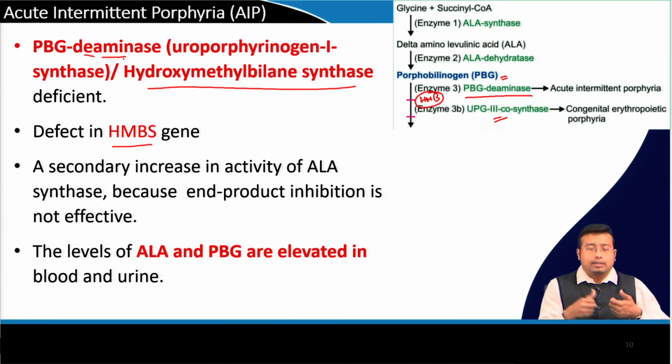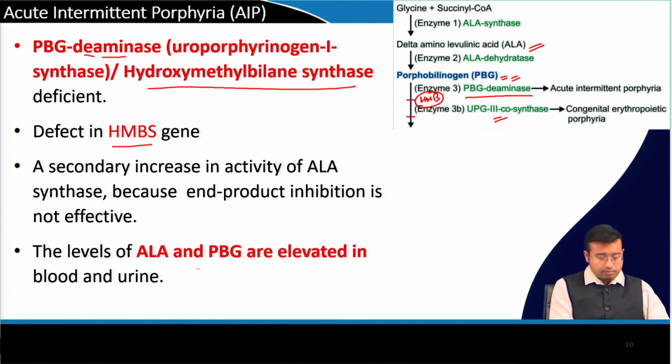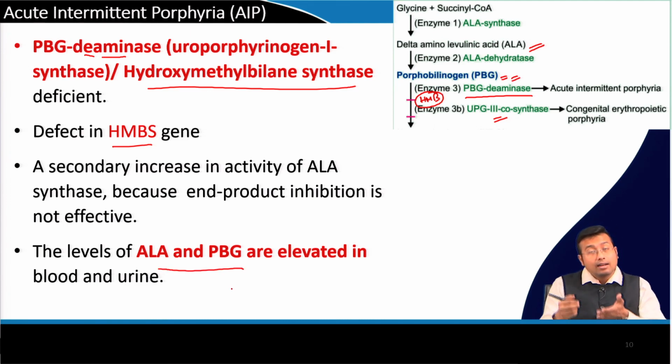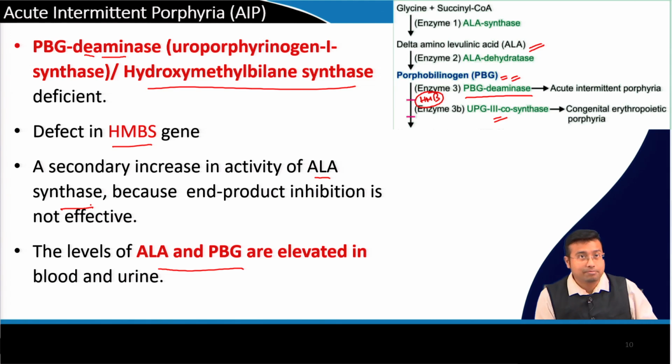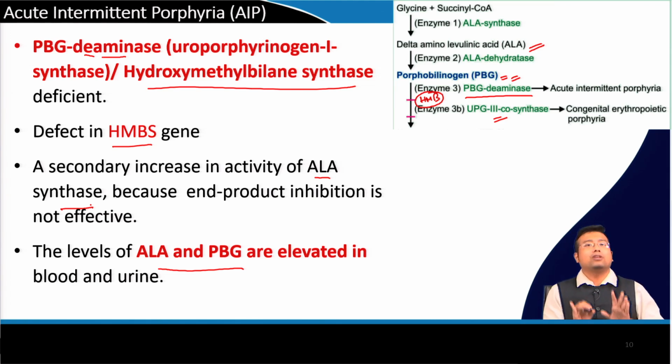Naturally the previous products, delta aminolevulinic acid and porphobilinogen, will rise. Since there is a block here, heme synthesis will not happen, and therefore the inhibition of the previous enzymes by feedback inhibition will not happen. Therefore, a secondary increase in the activity of ALA synthase happens because the end product inhibition is not effective. This is the basic pathology of the disease known as acute intermittent porphyria,